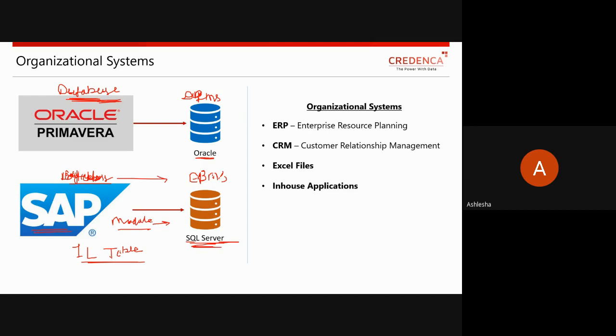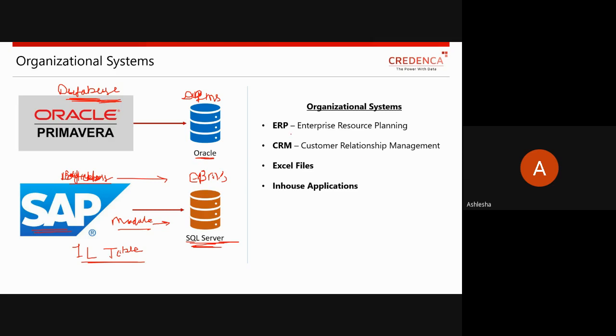So it is one database platform divided into multiple modules, and each module you can assign to a department. Okay, so these are the organizational systems to maintain data, and to use that data, they are using different DBMS systems.